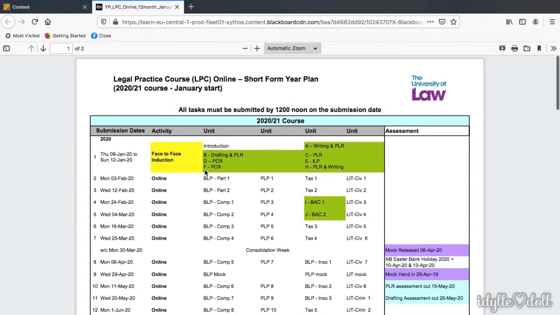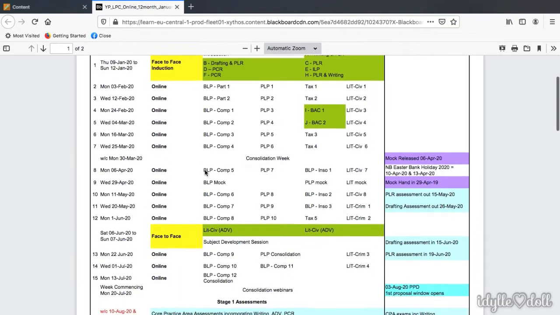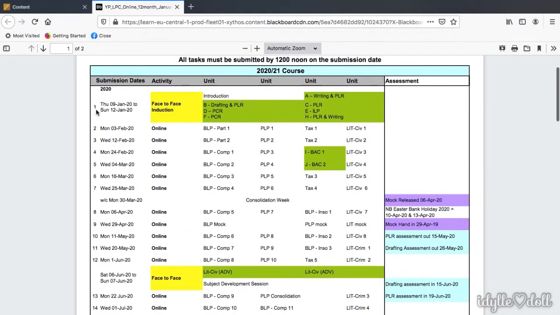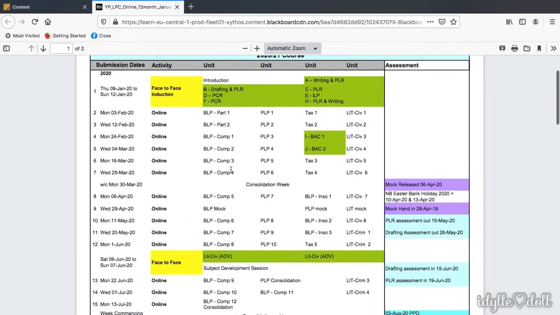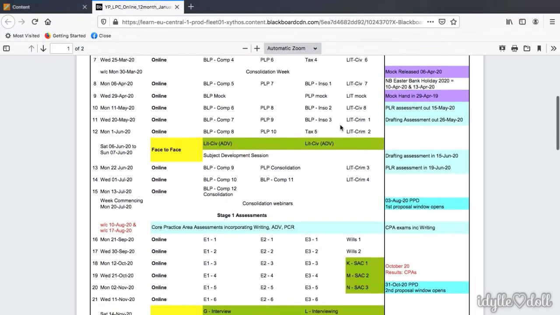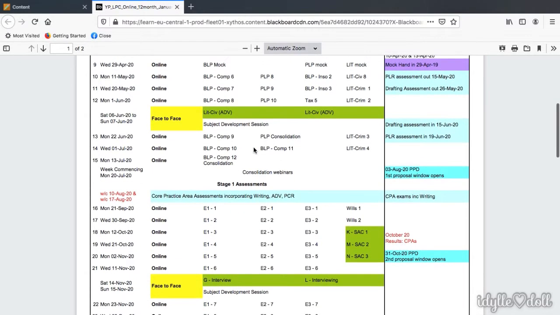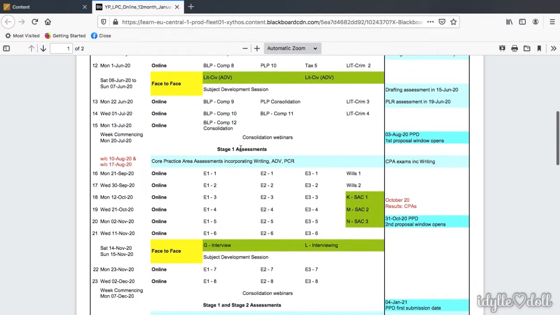Okay, here's our year planner. I always have access to this. As you can see, this was when we first started in January in all the stage 1 modules. We've got company, property law and practice, business accounts, civil litigation,